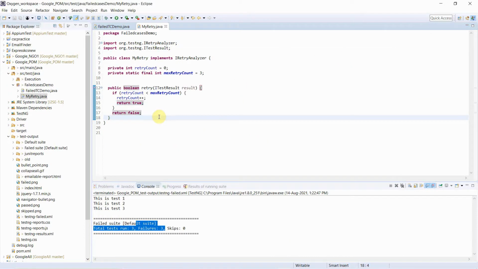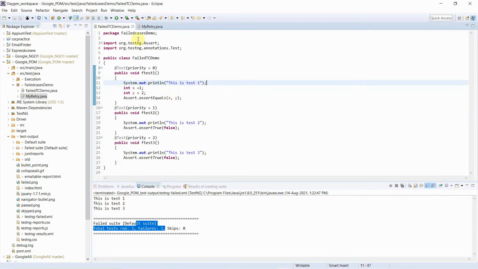Now you have created the class. Now you need to bind your test cases with this class. How can it be done? It's very easy, I will tell you that. Now the interviewer may ask how you have bound this class to your test cases, how you have integrated it. You can say that yes, one line of code is here.